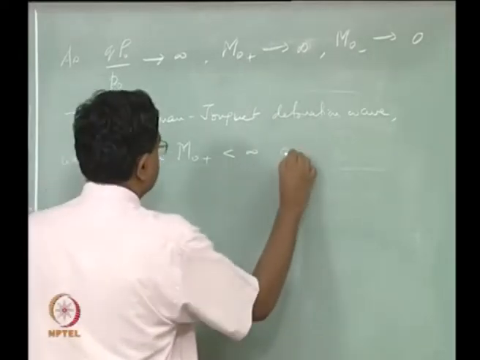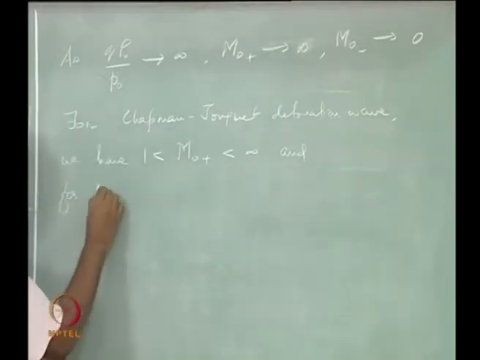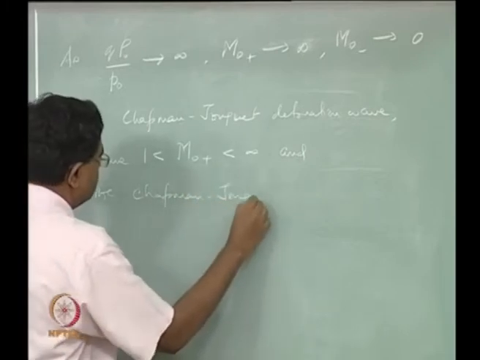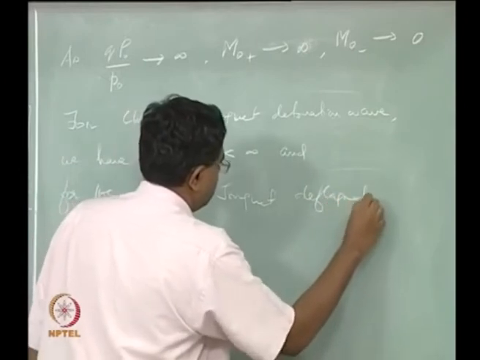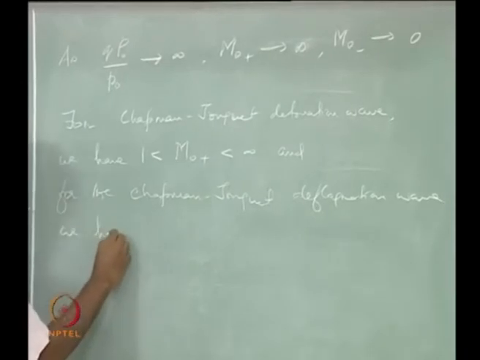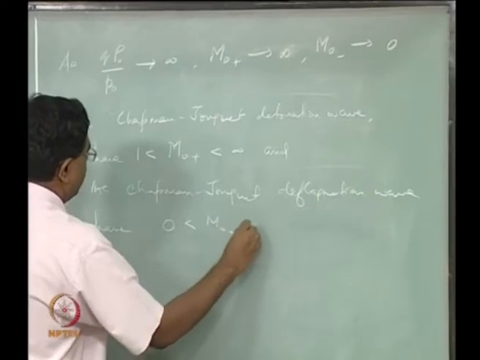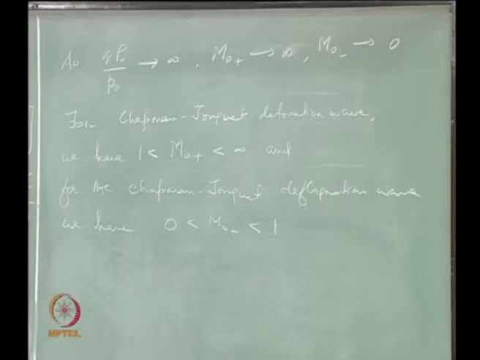And for the Chapman-Jouguet deflagration wave, we have 0 less than M naught minus less than 1, you see. So these are the limits that we are talking about, therefore this is how it's going to pan out,